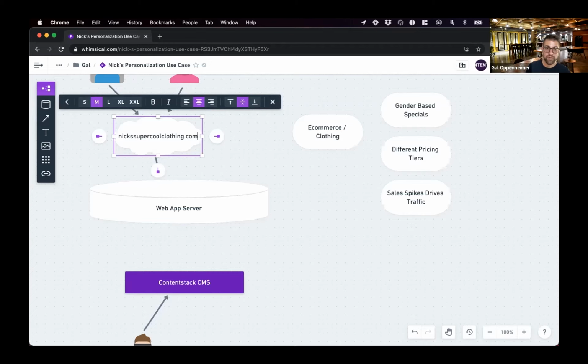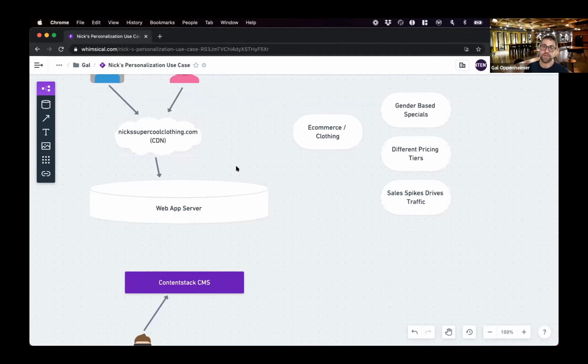And for those of you who don't know what a CDN is, in case you're not familiar with the technology, it's a content delivery network. What it does is it basically allows your visitors from anywhere around the world to load web pages faster. Let's say this brand is only in North America, so they have stores in Mexico, US, Canada.